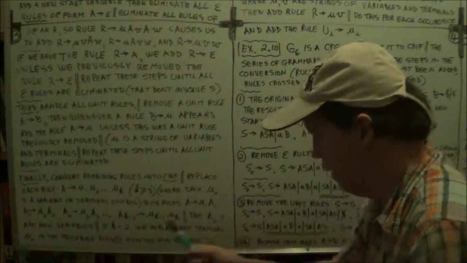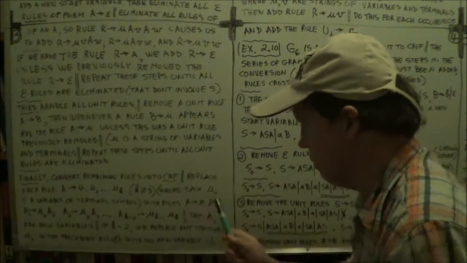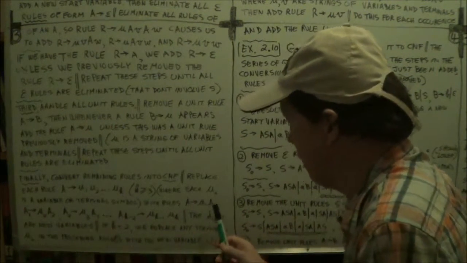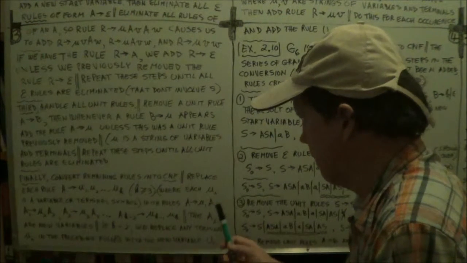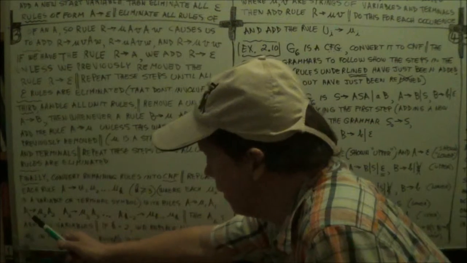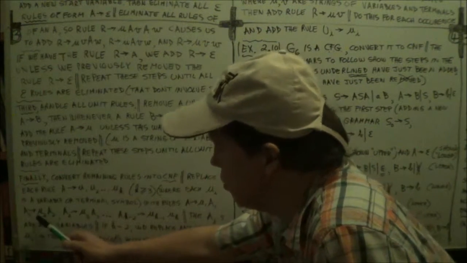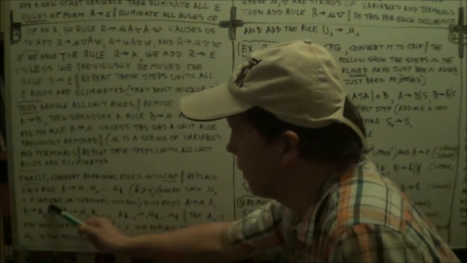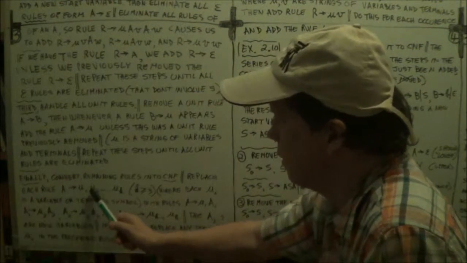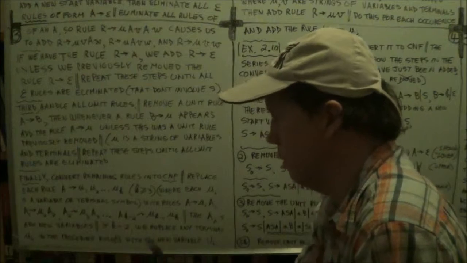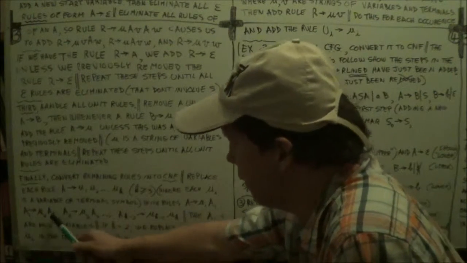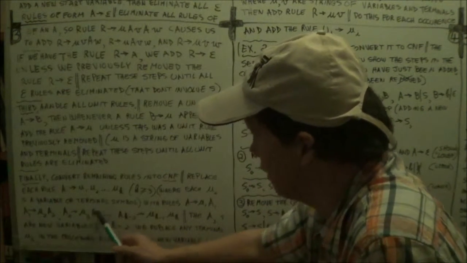You'll see it here. Perhaps I should come back to that point later. If this is a terminal, what you do. Now A1 you can rewrite as U2 A2. U2 is whatever it is from here, and A2 is a new variable that gets added to your list, and so on. And then A2, well, that's just U3 A3